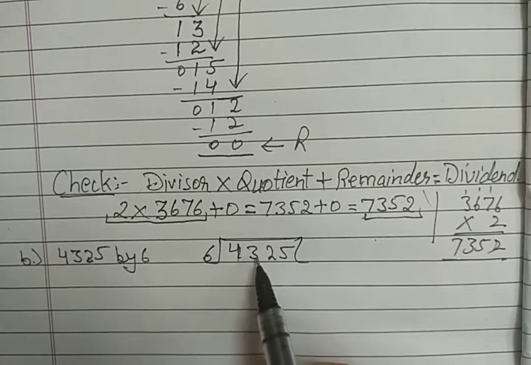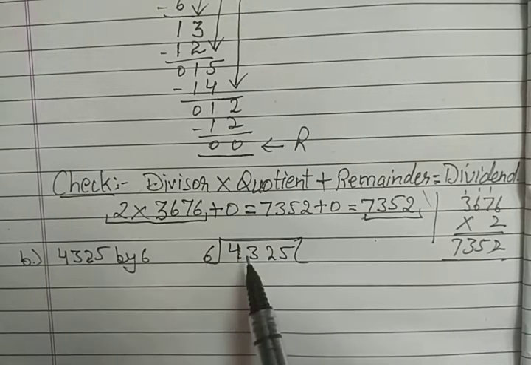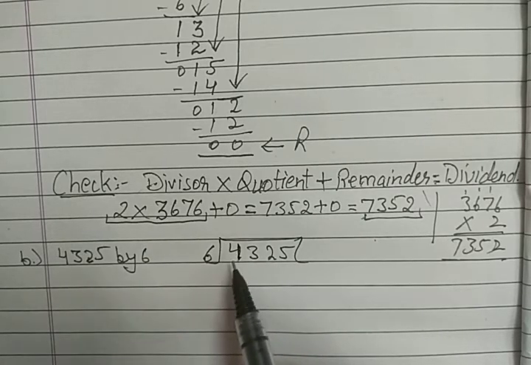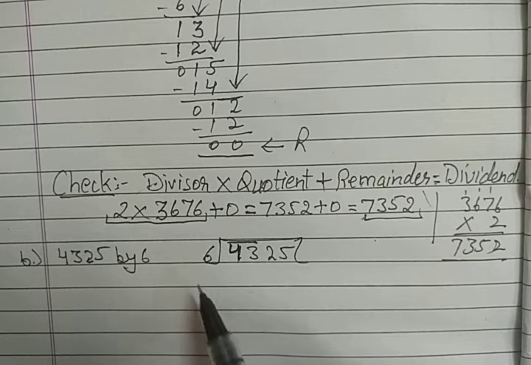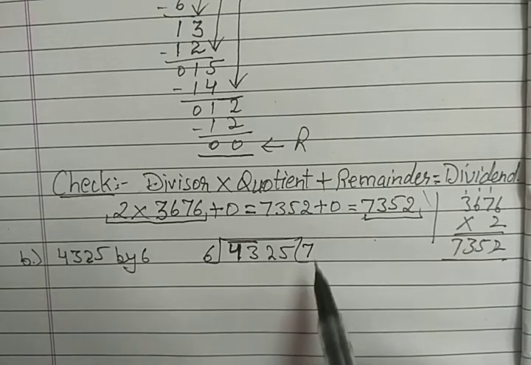It becomes 43. यहाँ पर 4 जो है वो डिवाइजर से छोटा है. So 6 1s are 6, तो 6 1 जा 6 इससे बड़ा हो जाता है. So we have to make it greater by taking 2 digits. अब 2 digits हम लेंगे तो ये भी बन जाएगा. Now it becomes 43. Now it is greater than the divisor. Now recite the table of 6 till 43. So 6 7s are 42 and 6 8s are 48. 6 8s are 48 is greater. So 6 7s are 42.